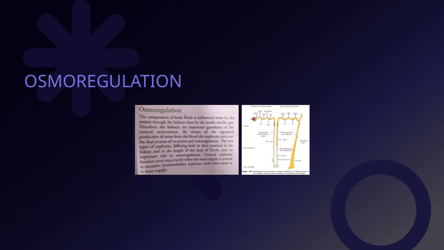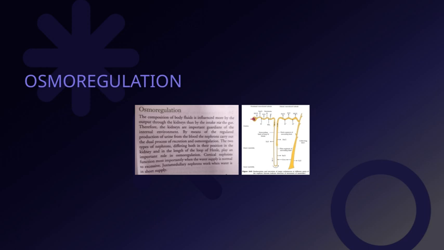A key concept here is the role of specialized organs, like the kidneys in mammals, which filter blood and regulate water and salt levels. These organs help maintain homeostasis by adjusting urine concentration and composition. Connecting this to the broader theme of physiological regulation, osmoregulation is a prime example of how organisms adapt to their habitats to survive and thrive. It highlights the importance of internal stability, even when external conditions change dramatically. Understanding osmoregulation gives us insight into the complexity of biological systems and the incredible ways life maintains balance in a